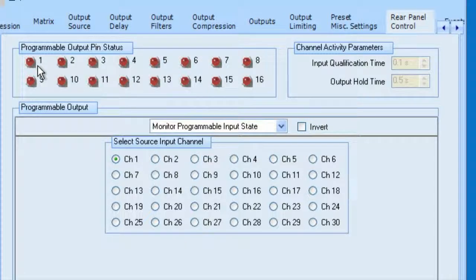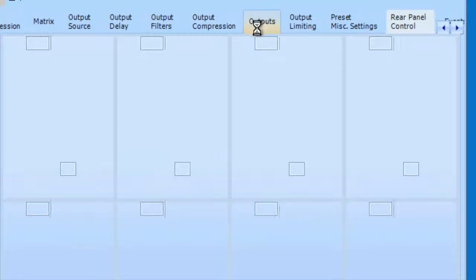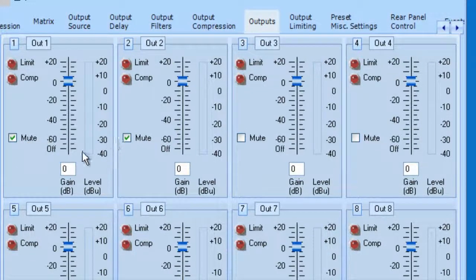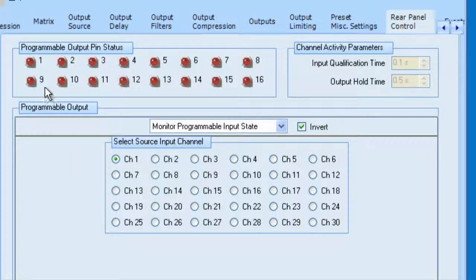Now sometimes people want the LED on to show that the microphones are active and off when they're muted. Other people like to see the LED on when it's muted and off when they're active. So to do that, you can simply check the invert box, and notice now the LED goes on. And if I come to outputs, they are in the muted state and the LED's on. If I press my button, they become unmuted, and I go to rear panel control, and notice the LED is